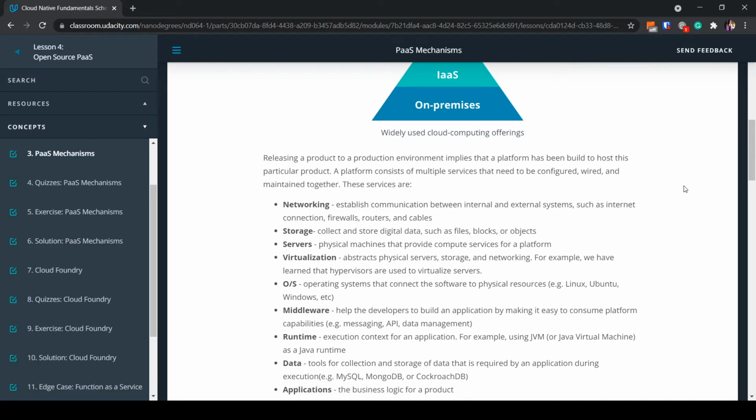There are multiple services. Looking at the networking service, what is the networking service? Suppose you have two computers around the world. How do you connect them to each other? It is using something called a network. So similarly, a network is used to connect many different servers together, whether they may be internal, external, etc. They may also be used to connect routers, firewalls, access points, and even the cabling used for physical connections. All of these devices and the cables used together form the networking service.